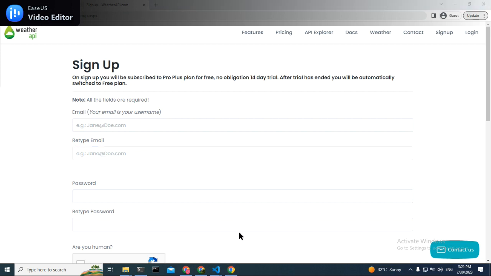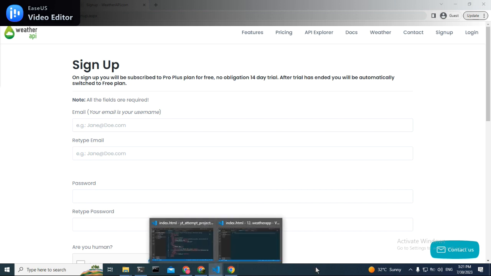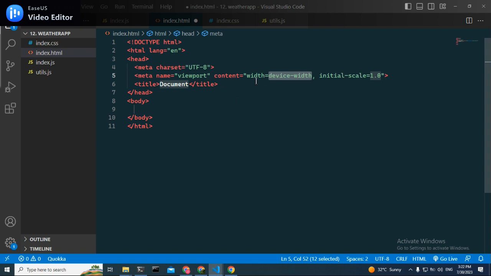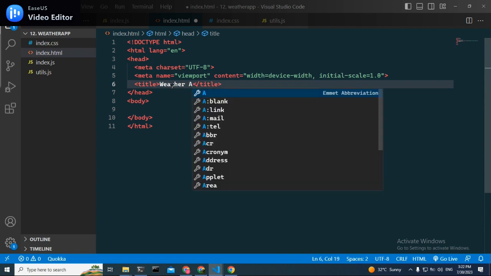So now if you have everything ready, you can pause the video and set everything up. Let's get to our Visual Studio Code and start off with the application. The first thing I'm gonna do is just the Emmet boilerplate. Call this weather app,